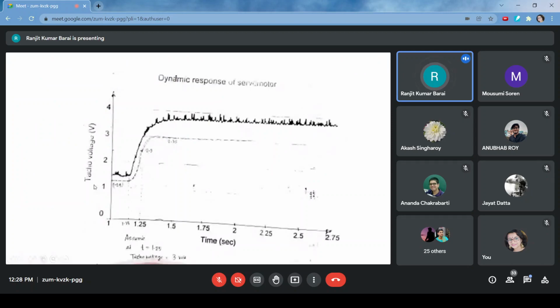One very important characteristic that we can evaluate from here is a model, mathematical model of the system. If I model the motor from these characteristics, how? If we neglect the electrical time constant, then we can approximate it as a first order system. Now from here, if I approximate it as a first order system, I can calculate the initial setting as this point, and the rise of 63.2%,